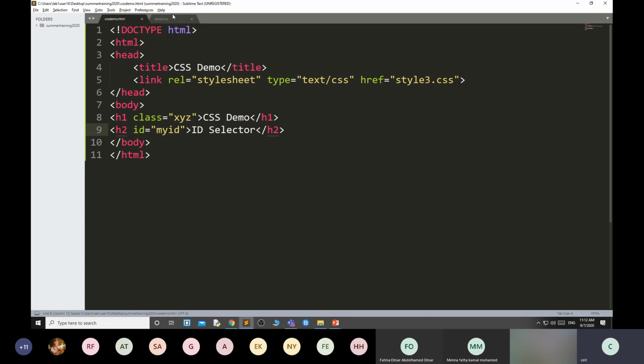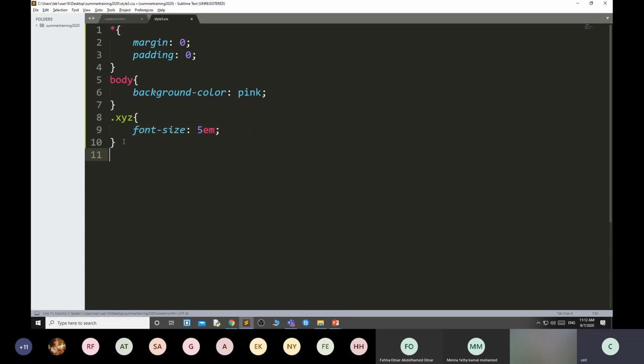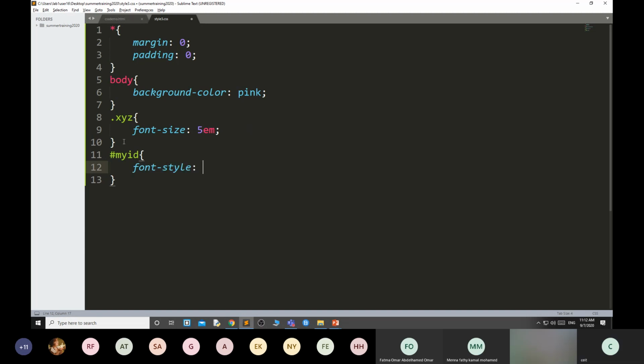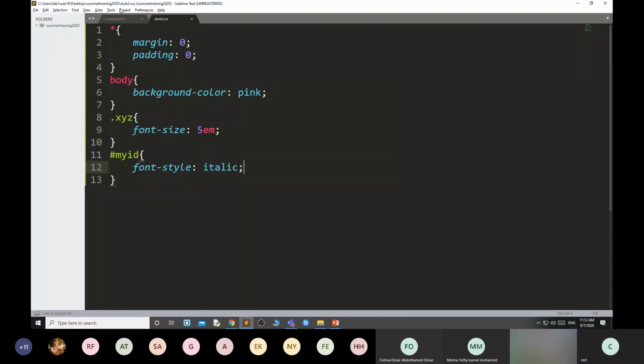Now I can write the ID, #myid, font style italic. Then it comes italic.